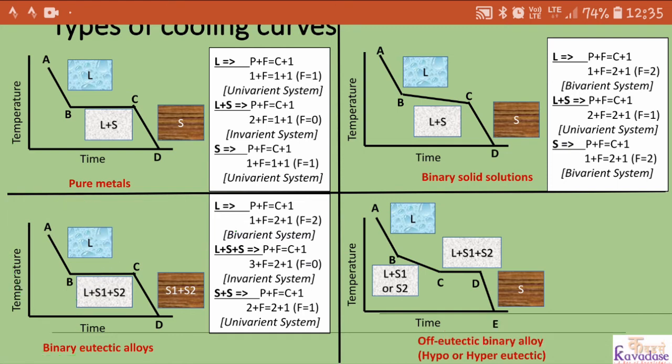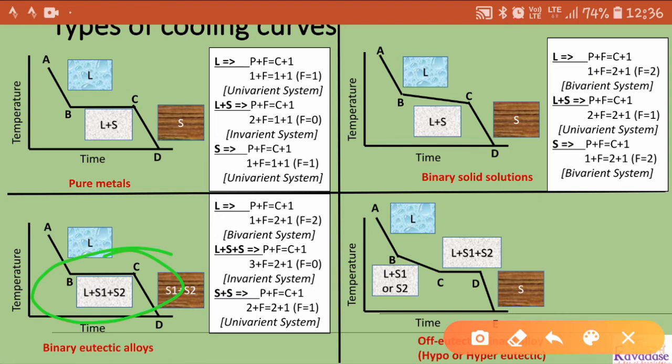And in B to C, here the number of phases is 3. Why is the number of phases 3? First phase is liquid phase, second phase is solid 1, means we can distinctly separate solid 1 and solid 2 in a solution. Solid 1 is in blue color for example and solid 2 in yellow color, so we can easily distinguish solid 1 and solid 2 in the liquid solution, and liquid for example green color.